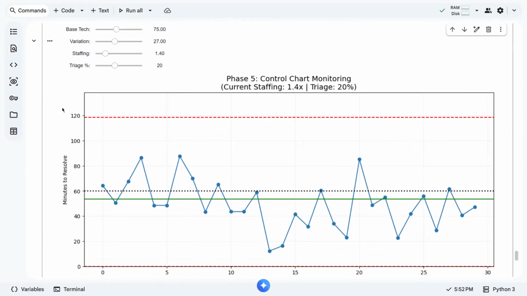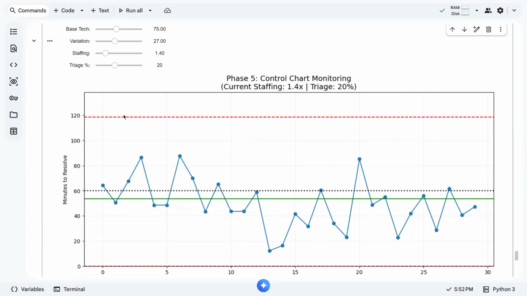Okay, so now we just monitor it and check whether the mean of our actual operations has exceeded our limit, and whether we are still within our upper and lower control limits.